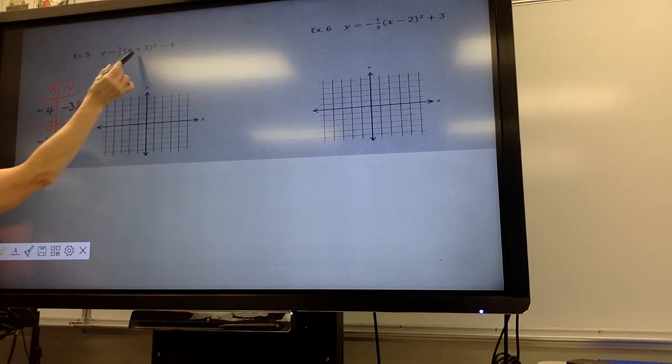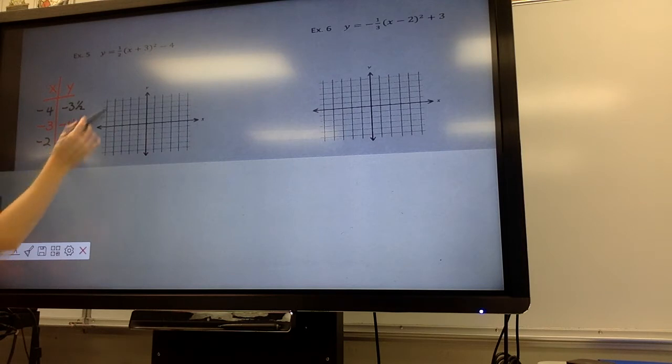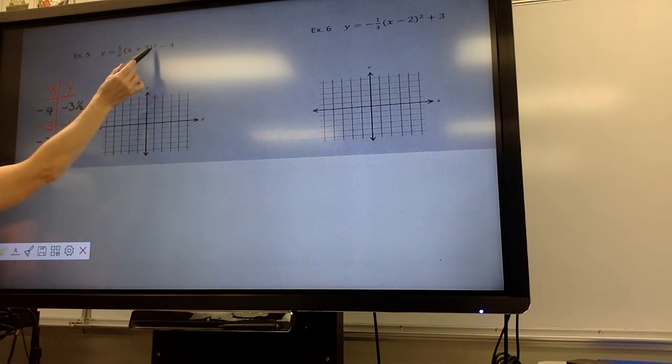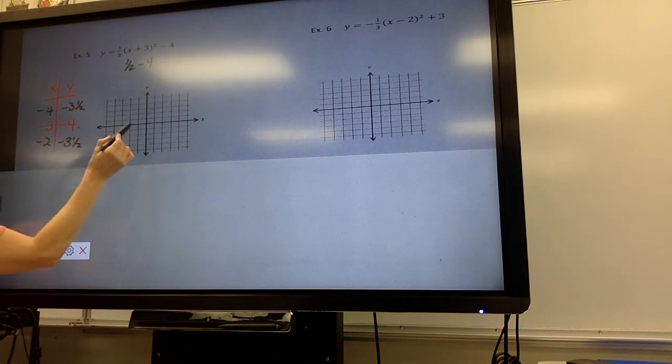Okay, if I put the -3 in, I should get -4. If I put -3 plus 3, that's 0. Square root is 0. Times 1/2 is 0. Minus 4, yes, that does work out that it's -4. If I put in a -2, -2 plus 3, 1, squared, 1, times 1/2, 1/2, that's still 1/2 minus 4, -3.5, where there's your repeat values that we need in the table. So if I plot those 3 points,